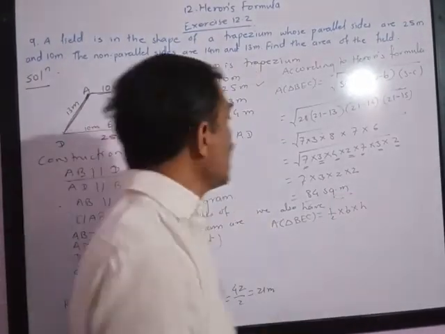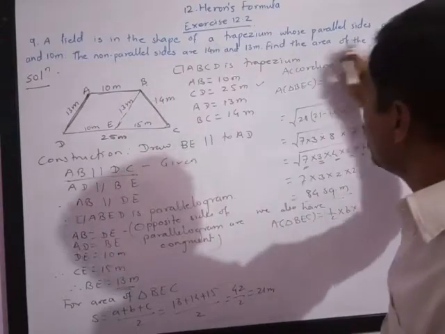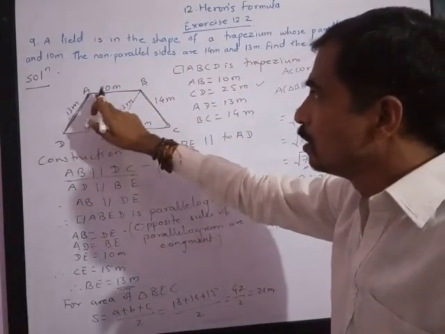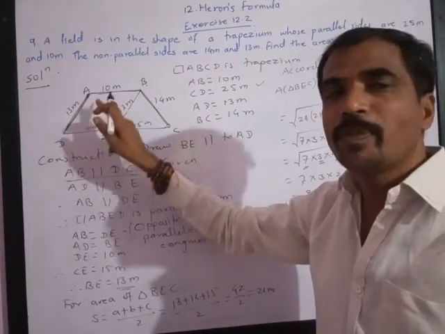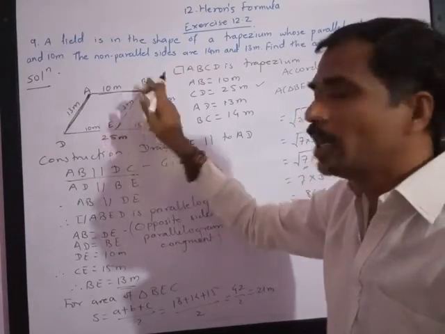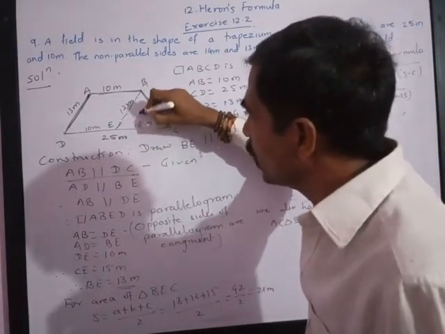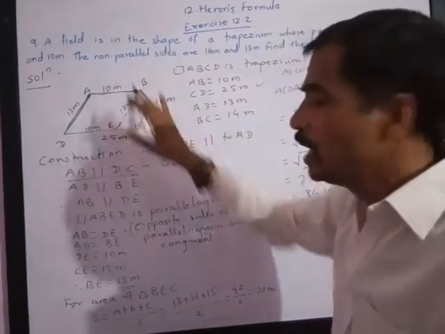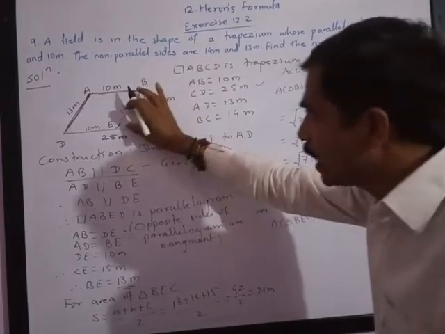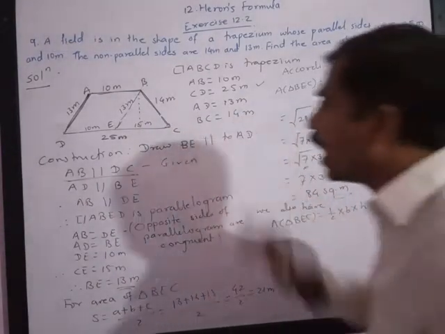The reason is, if you want to find the area of the trapezium, we need the height of the trapezium. The formula for the trapezium is half into sum of the lengths of the parallel sides multiplied by height. Since height is not given to us, we need the height, and to find the height I am using this formula. I am first finding the area of this triangle and then using another formula of the triangle to find the height of the triangle.